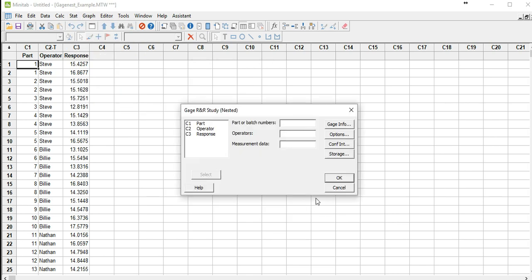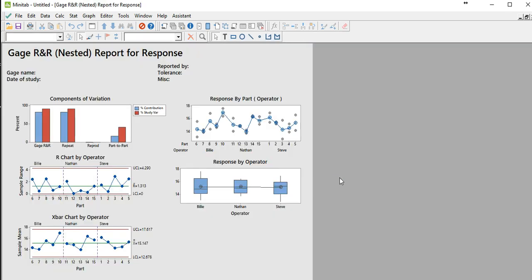The cursor is in the part or batch number box, and we double click part, and it goes to the box. The cursor goes to operator, and we double click operator, and then the cursor moves to measurement, and we click column 3 corresponding to measurement, and then we hit OK. So this is the output for the nest design,